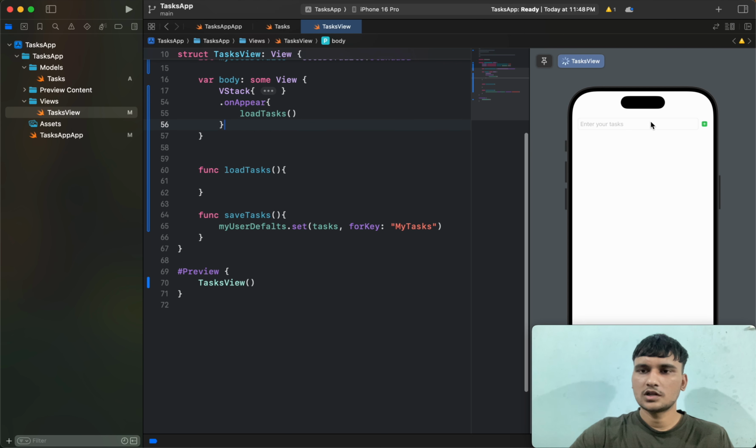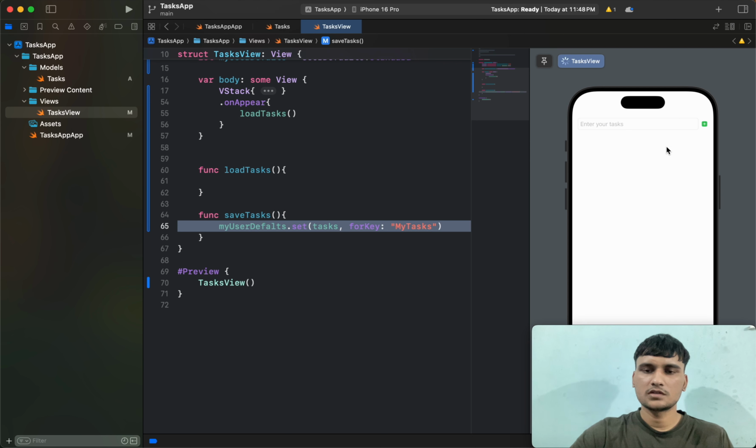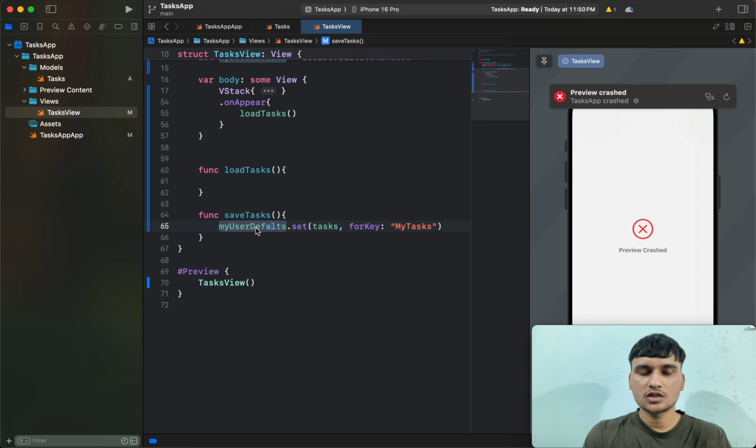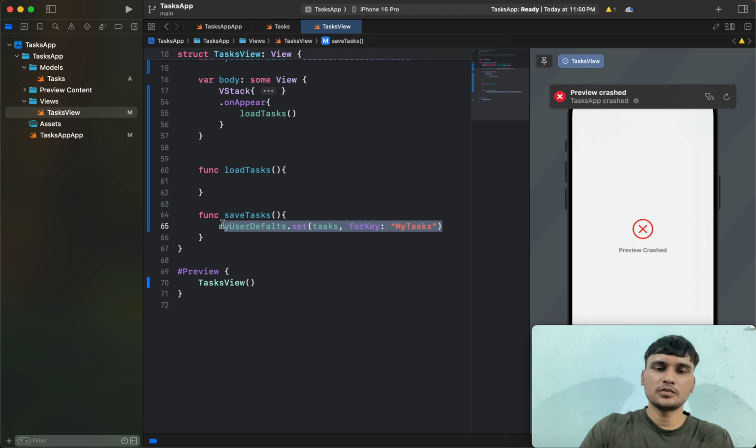So let me check if this will give me an error. So I'll use something like dummy add. Okay, preview crashed. So this is not showing me an error here. So what is happening here is that user defaults is not allowing tasks array because it doesn't allow custom data types. So what we will be doing here is that